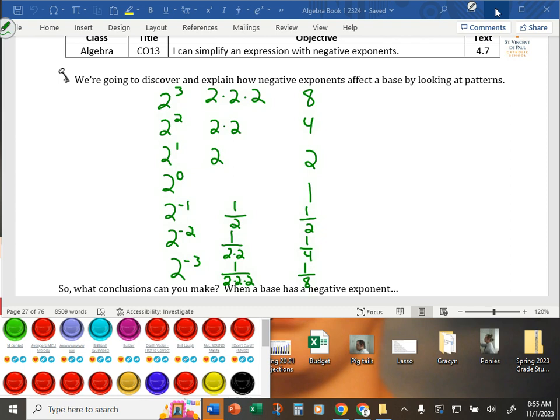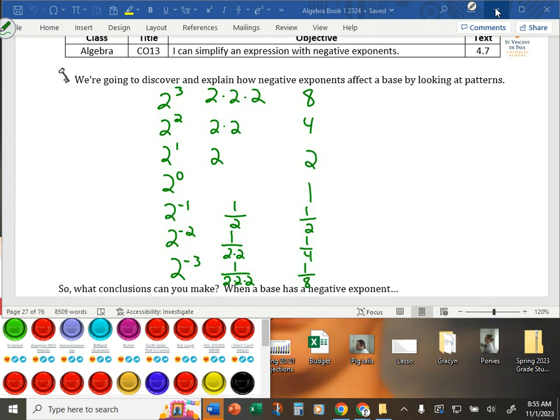It's actually equivalent to 1/2 squared, that 2 squared being in the denominator. 2 to the negative third, right now as it's written, numerator, that's equivalent to 1/2 to the positive third, or 1/8. So a negative power does not make the base negative. There's no negativity over in our value side here. All that's telling you is that it's in the wrong